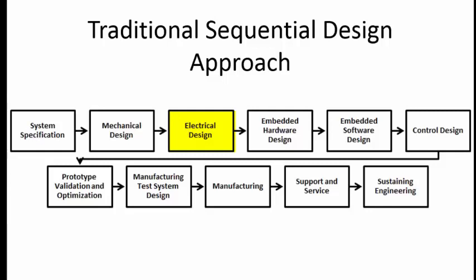They are not seeing the entire picture. They are only saying, okay, this is the mechanical system. We have to get this kind of motion here by using electrical components. We have to collect the sensor information from this particular device. One sensor is required over here, another sensor is required in some other location. Like that, on that particular mechanical design, they are going to add the electrical features that have to be incorporated. That is the traditional design approach. So you have the specifications, then the mechanical design. Next, it goes to the electrical design.